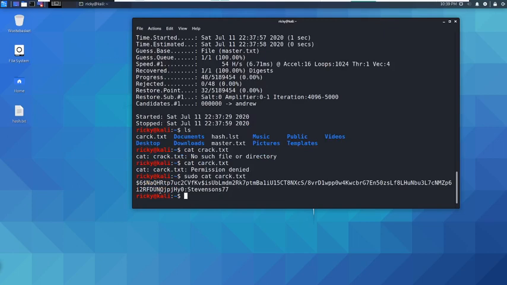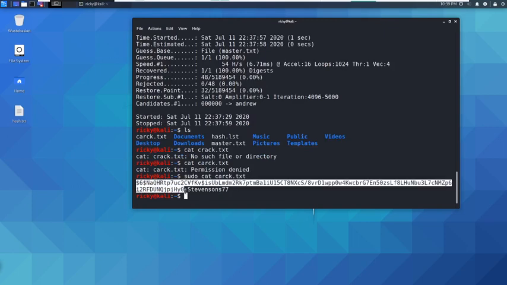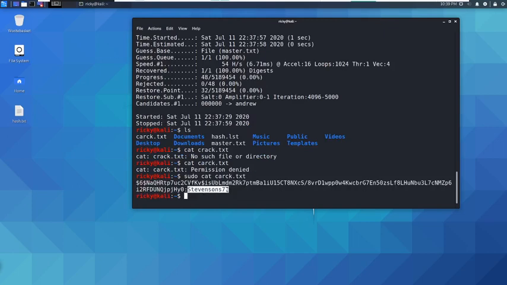Okay, you see that this is the hash and this is my password, 777. This is the password I'm using for the root account. In this one I do not have any special characters, maybe that's why it took very little time, but I have only numbers, capitals and lowercase. Okay, so this is the way you will use hashcat.